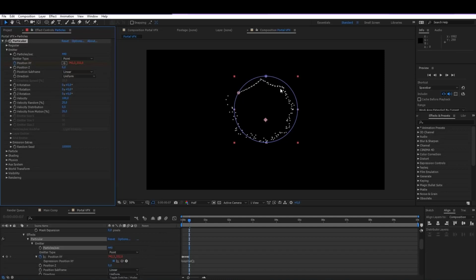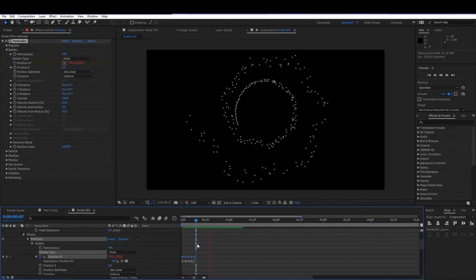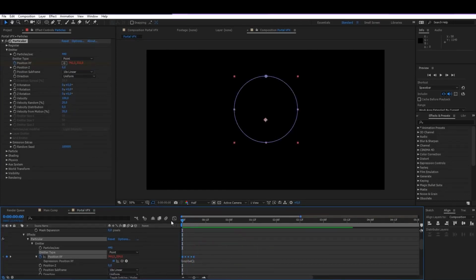We're getting this choppy feeling right here. So what we can do to fix this is go to position subframe and set it to 10x linear. That's going to solve that a little bit. Still, if you go way too high, it's still going to give you problems like this, so just keep that in mind. And yeah, now we have a pretty fast motion, it looks pretty good, and we can continue with these